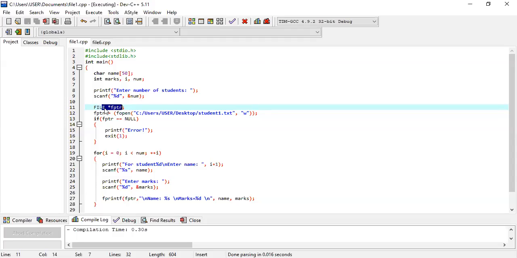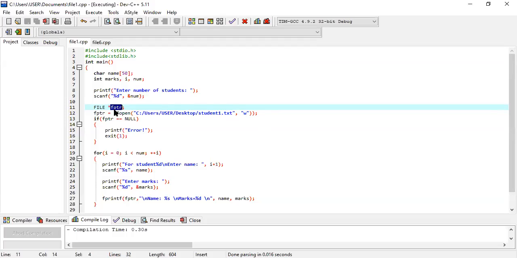So this is working as a file pointer. You have to use it when you work with a file. It is not treated as a normal pointer, but it is obviously a pointer, because I am writing star FPTR here. Whatever name you want, you can put. It is not mandatory that you always write FPTR or always write FP. For the understanding of another user, you should mention that this is a file pointer. That's why we have written FPTR here.